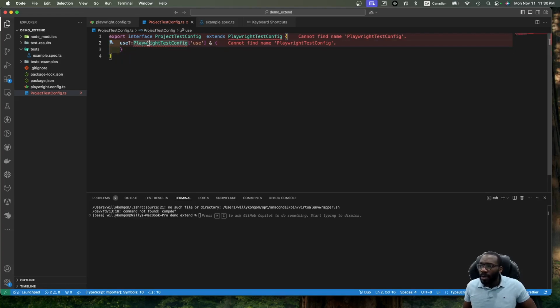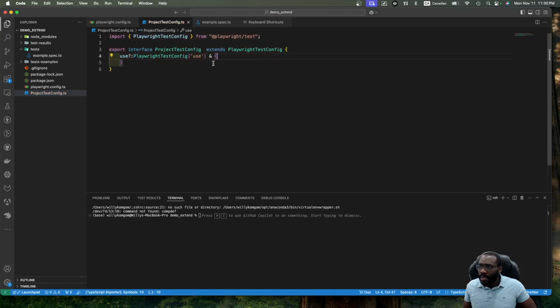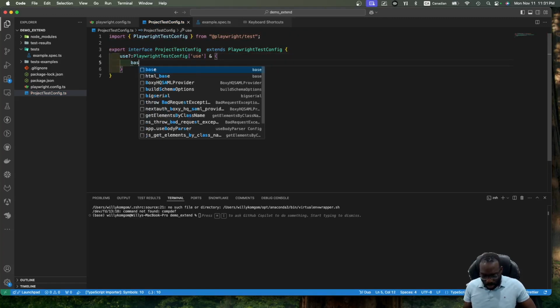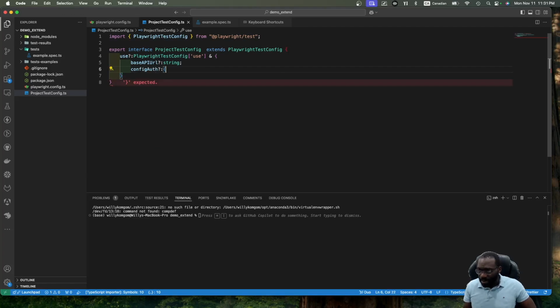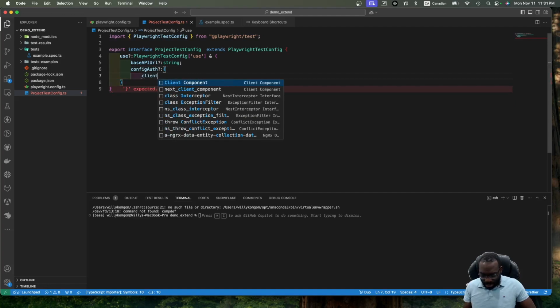So here we have to import the function. We have to import this function, and now we are ready to add our custom field. So for example, we can have a base API URL of type string. We can have maybe an object for authentication, if that's something we have in our project. So we can have maybe a client ID